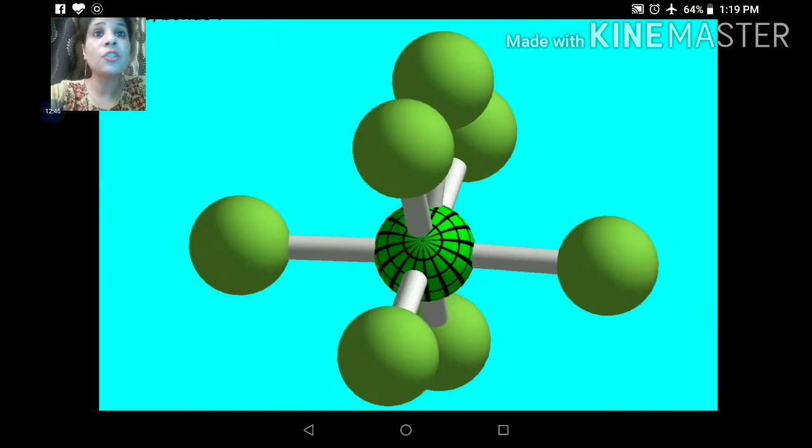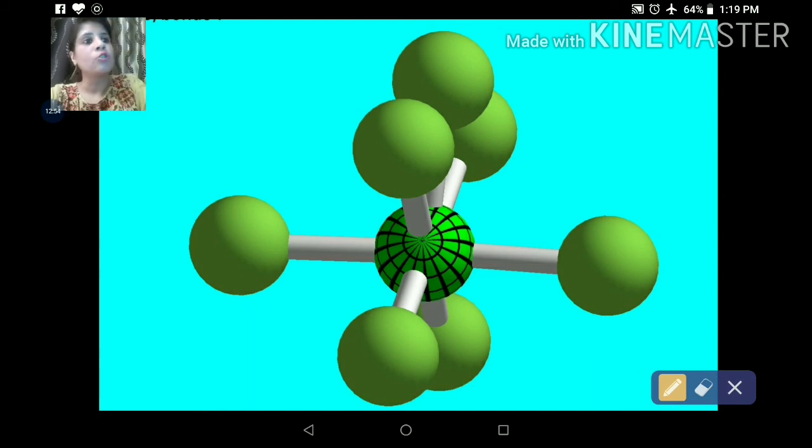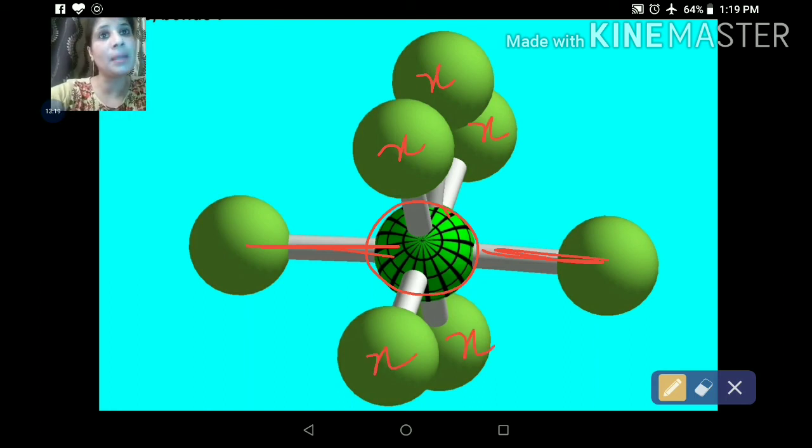And the last geometry which was discussed by valence shell electron pair repulsion theory was AB7 type geometry, where A is the central atom. Wherever atoms move out of plane, in all the examples we are saying 2 atoms have moved out of plane. So if 2 atoms have moved out of plane, out of 7, how many are in the same plane? 1, 2, 3, 4 and 5. So 5 atoms are in the same plane and 2 atoms have moved out of plane.